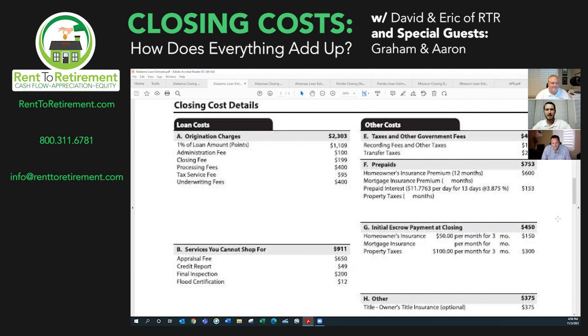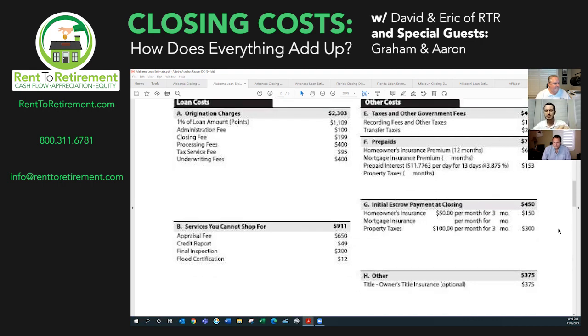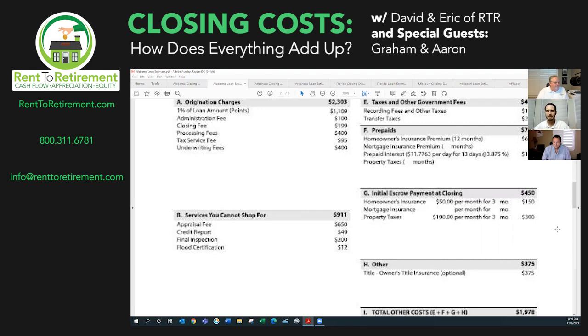Yeah, and one other thing I would elaborate on with this Section G: we can sometimes see that vary pretty substantially, depending on the time of year and when the property taxes are due. For example, if it's a loan closing in September or October, the servicer is going to have to turn around and pay those property taxes come December or January. So typically we see 3 months collected in the cushion, but sometimes we can see 6, 8, 10 months collected so that we can pay that bill whenever it's due.